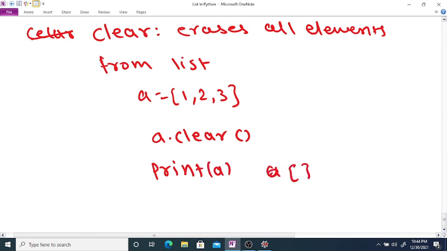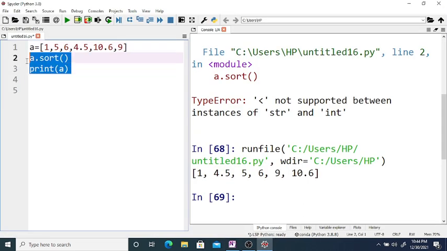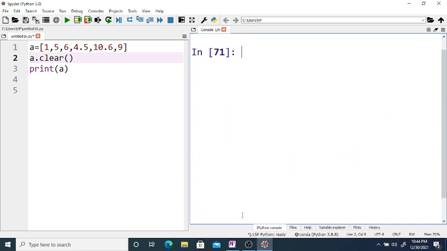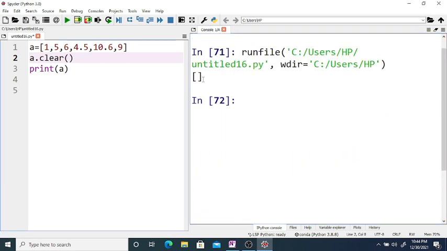So suppose this is the given list, and if you use A dot clear, then you can see it gives an empty list. It erases all the elements. It prints an empty list.